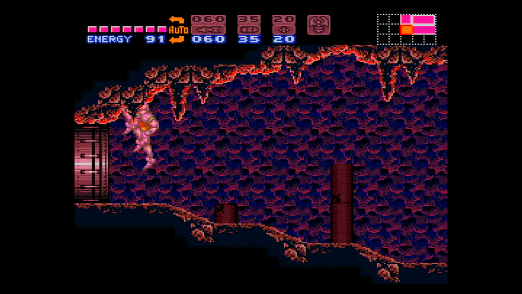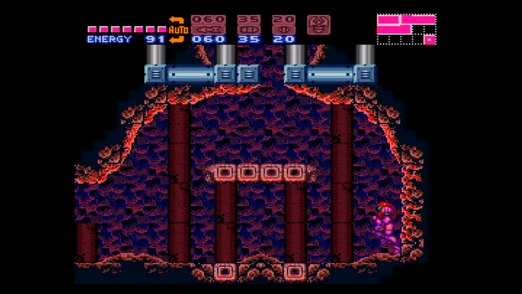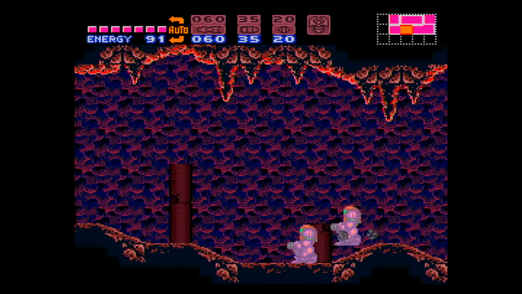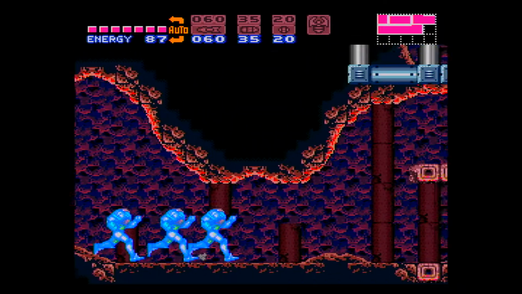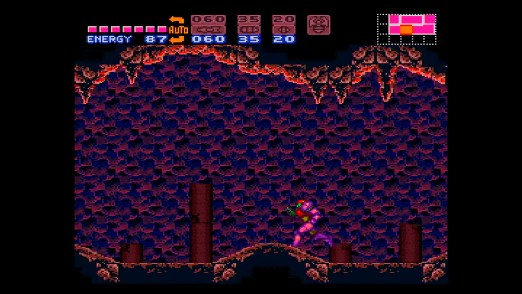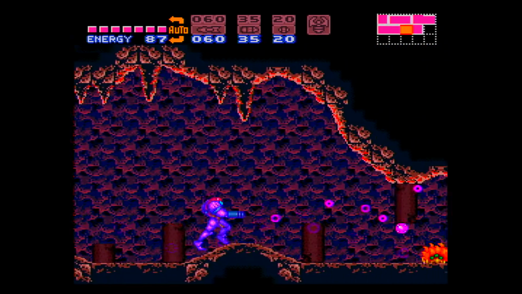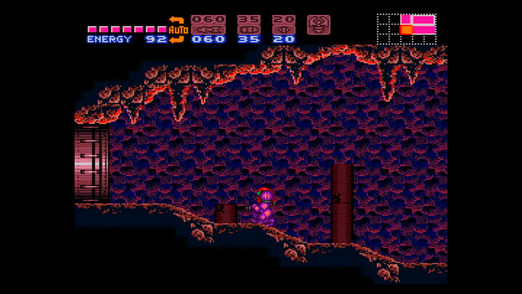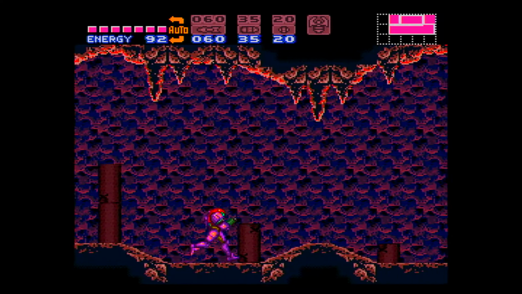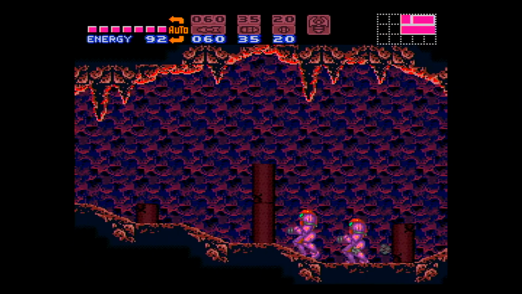Anyway, we're going to use a Shinespark. Oh, no. Okay. Shinesparks are a little tricky in this game, but what we're going to use this one for is to go across the... Okay, guess I'm a little rusty, huh? Yeah. No. Hold the charge. Hold the charge. Hold the charge. Okay. Come on. Yeah. They're a little tricky. I don't actually have to use this technique, it's just a lot easier, so...